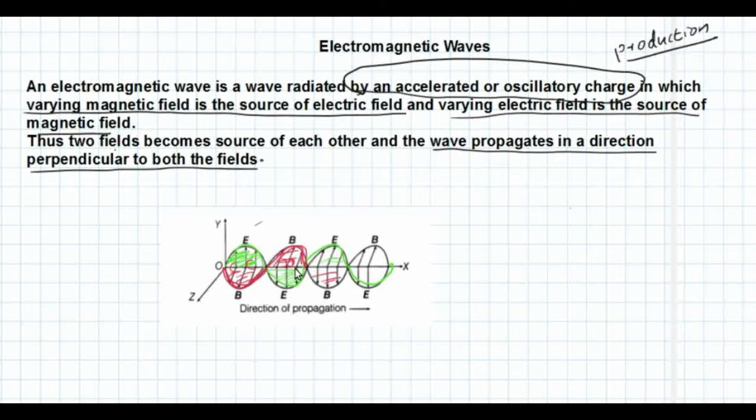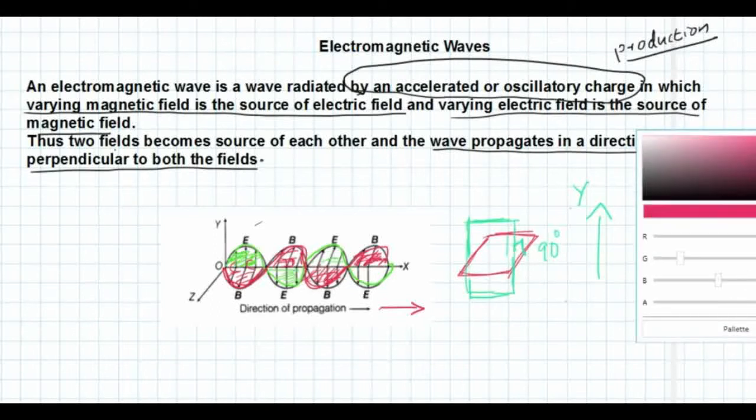and here you can see the angle between the Y and Z planes will of course be 90 degrees, right? The angle between the Y and Z axes will be 90 degrees, and this is the propagation of the wave, which is in the X direction. So this is how you can imagine the Z plane, and perpendicular to the Z plane you can imagine the Y plane. So this is the Y plane. So this is how the two waves will be produced. So the angle between them is 90 degrees.